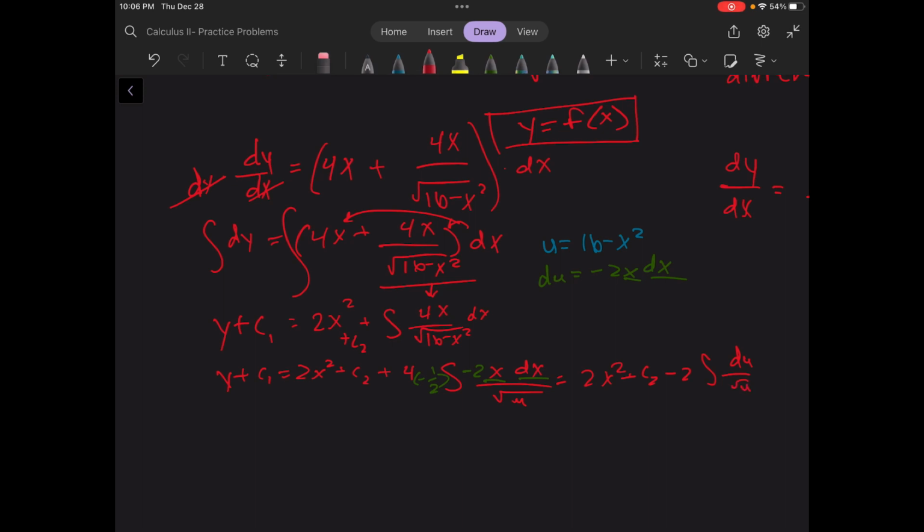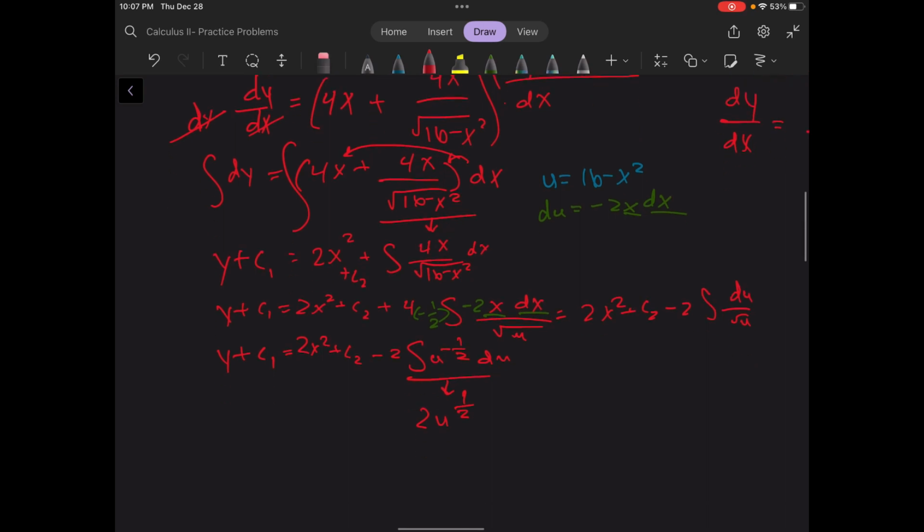So now just a little bit of ugly math. y plus c1 is equal to 2x squared plus c2 minus 2 integrals. I'm going to rewrite this as u to the negative 1/2 du, and let's just do a power rule. So let's focus on the integral here, so we don't have to keep rewriting. How would we integrate this? We're going to add 1 to the exponent, which would give us u to the positive 1/2, and we are going to multiply by the reciprocal of that, which is 2. So the integral turns to that,